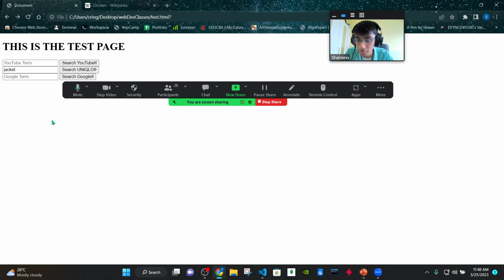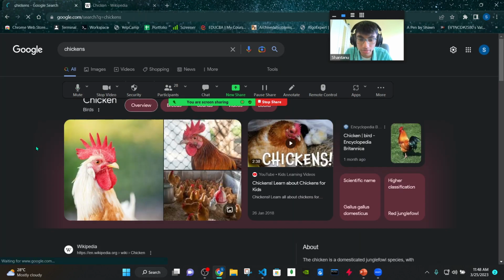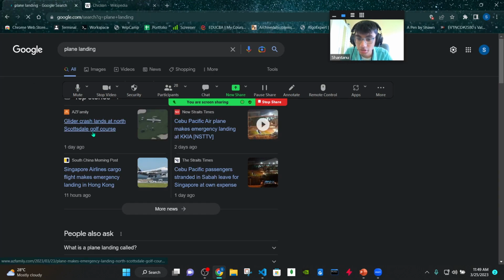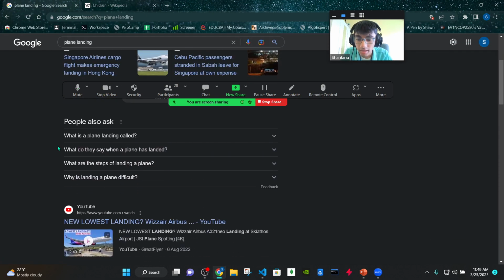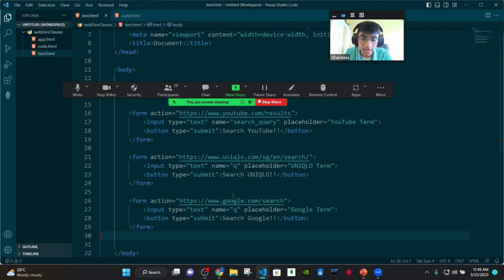So for Google, suppose I'm searching for chickens. You can see now it's opening up chickens. And for Google, if I search for plane landing, now it's going to show plane landings. And so this is how we're hijacking popular sites, and we're forcing them to do our searches for us using